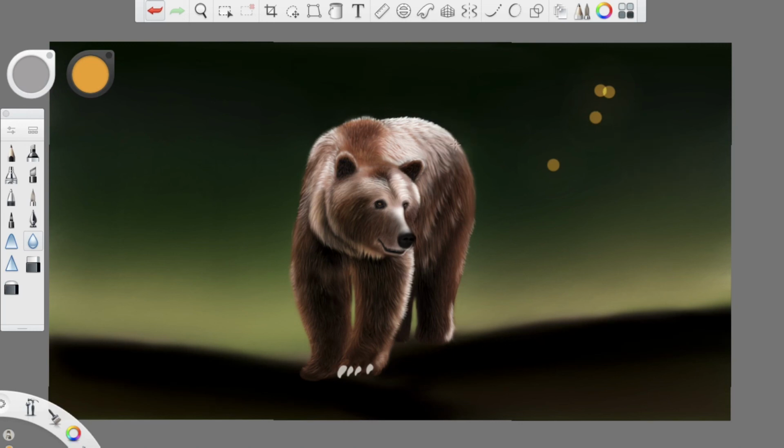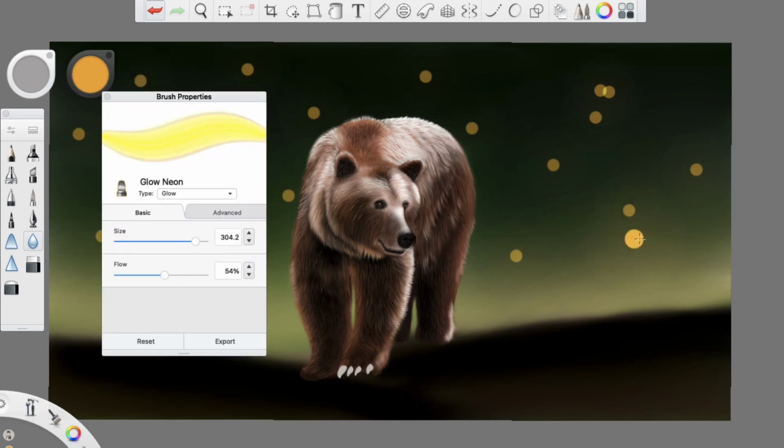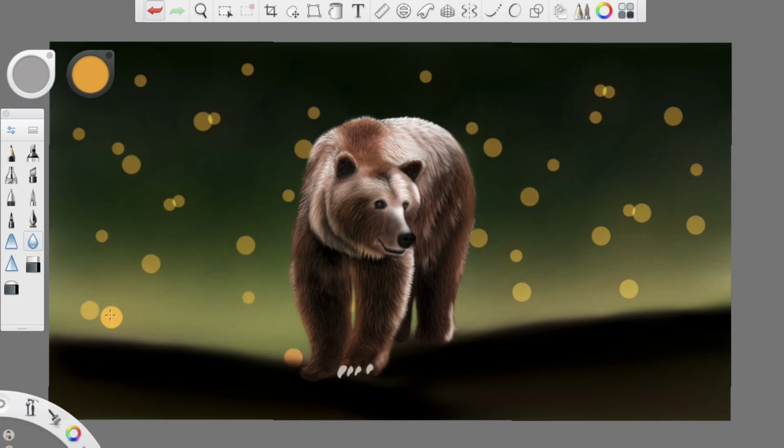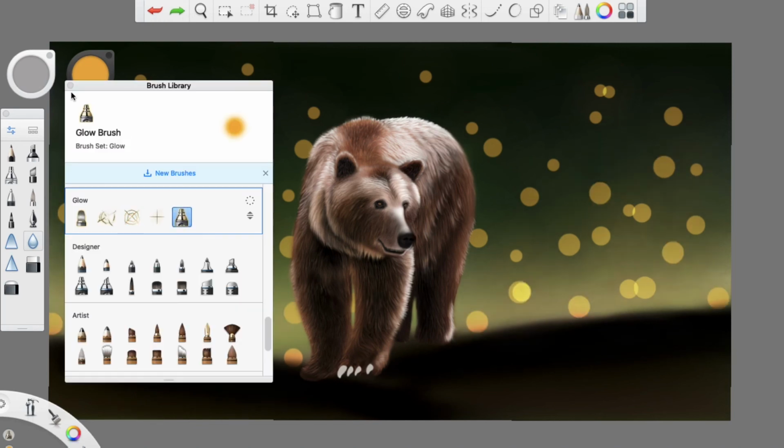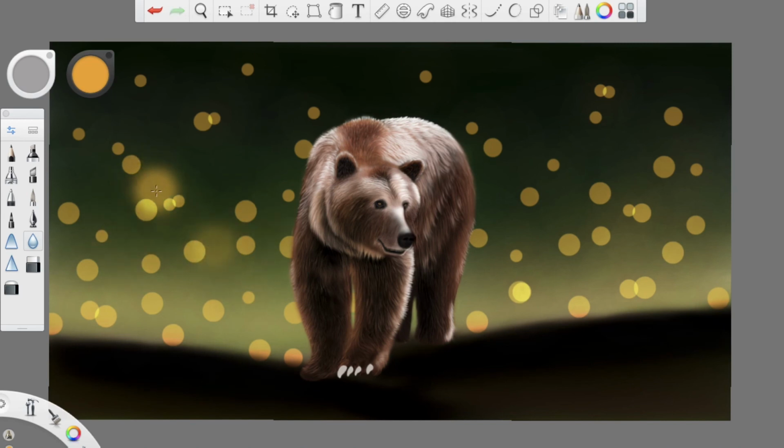First, using glow neon and making small dots and then just increasing the size. You can see the size and flow of the neon brush. Afterwards, using the glow brush. It is just like an airbrush filled with neon colors.